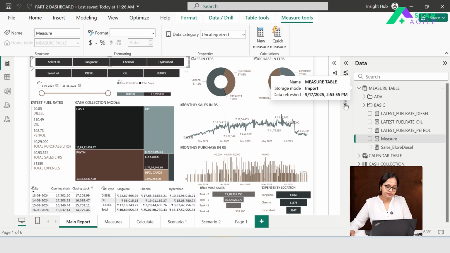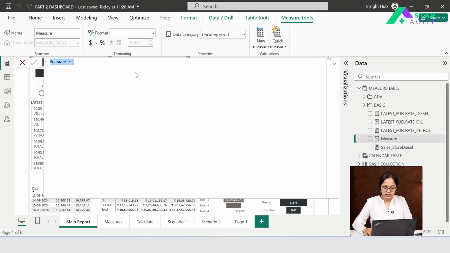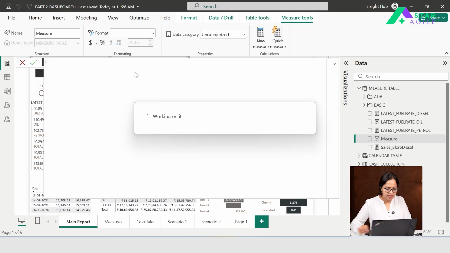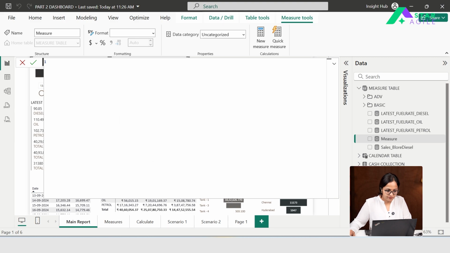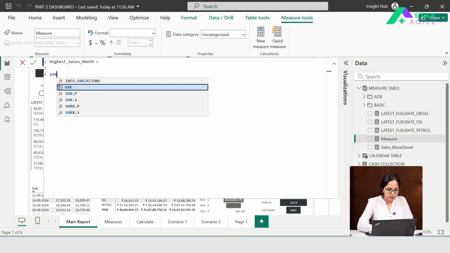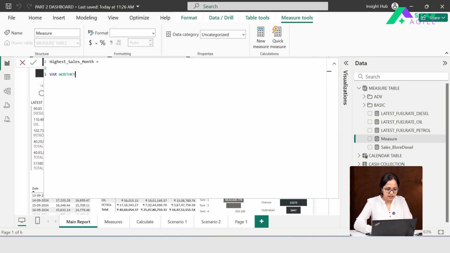Okay, this is going to take some time. And the new measure is going to be highest sales month. Okay, and firstly I'm going to create a variable called monthly